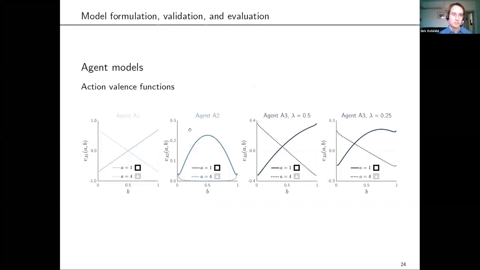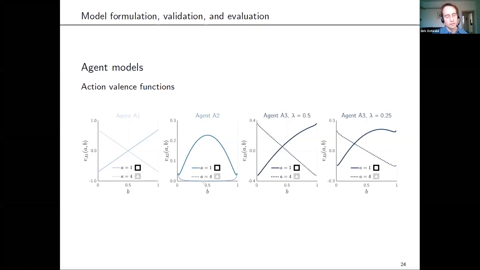So one way to look at these agents is to look at the action valence as a function of belief state. If we look at the exploitative agent, if the belief state encodes the probability by which the agent thinks that the square is lucrative, we see that as the belief in this increases, the valence of this action increases linearly as well, and the triangle valence goes down. The explorative agent, crucially, always prefers the informative action, so the action that is signaled by the black background, and has the highest preference for it if the uncertainty is highest,